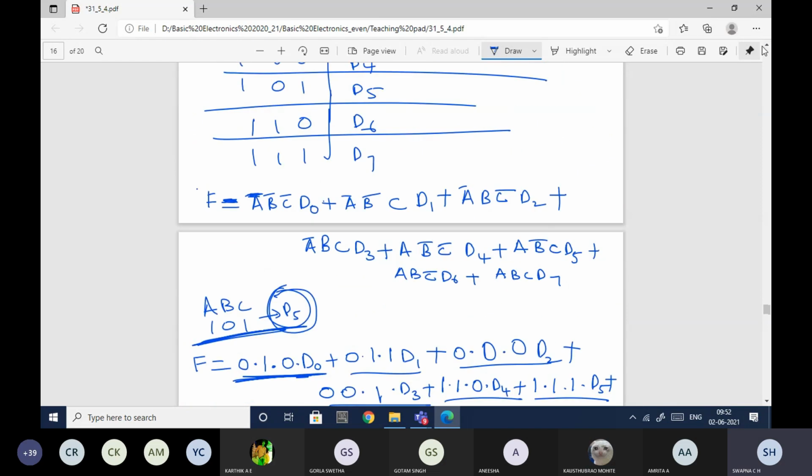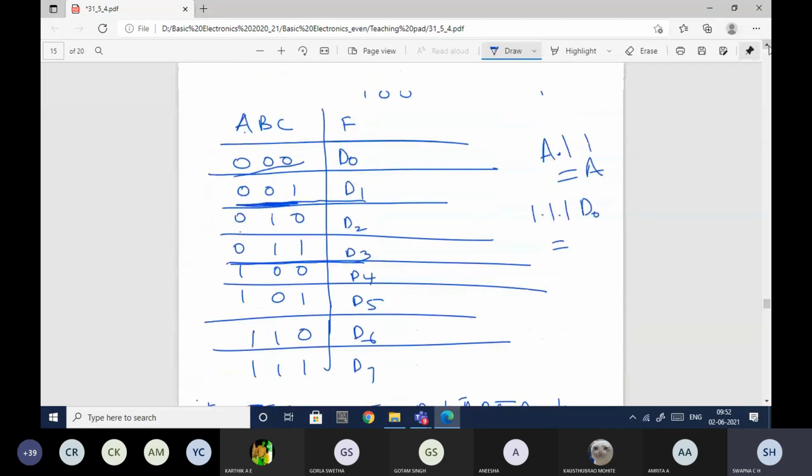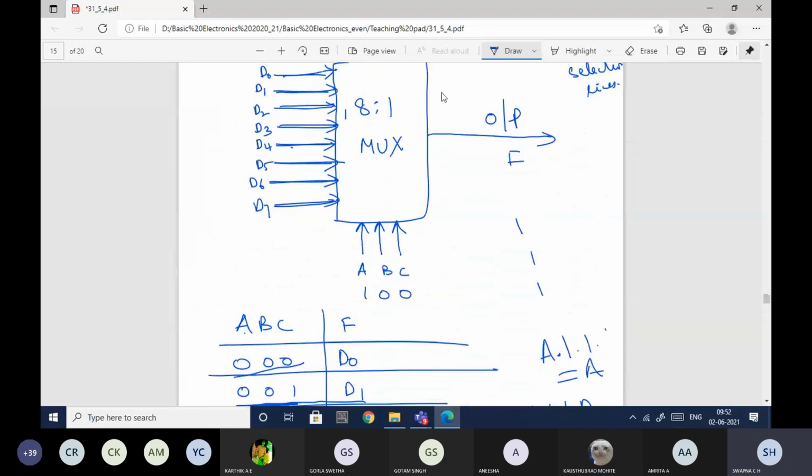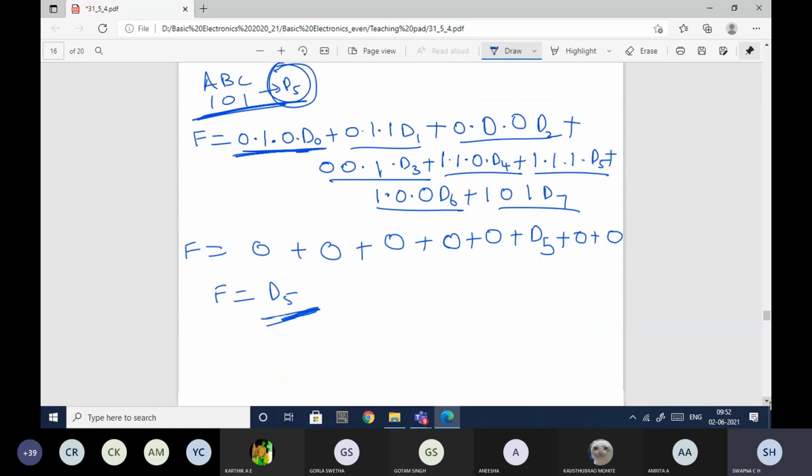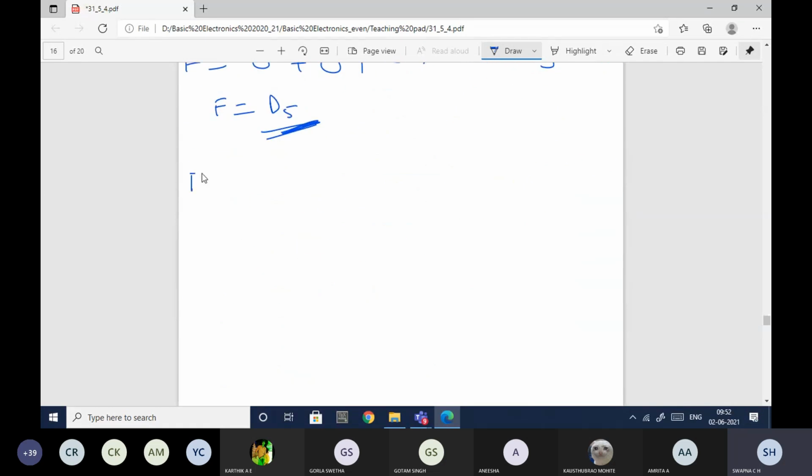Okay, now we have to implement it. In the exam they'll ask you to explain multiplexer and implement using basic gates. They may ask you to just implement a multiplexer. In that case, you need to go with the 8:1 mux. Write the block diagram first, then the truth table, then write this equation and then implement the function. I'll show you how to implement it. Let me take the equation back.